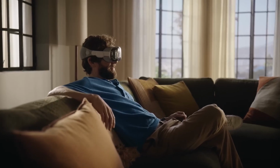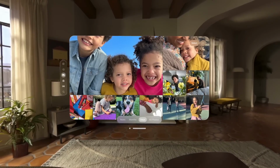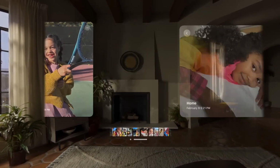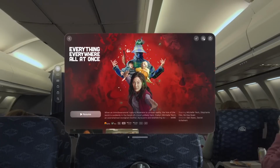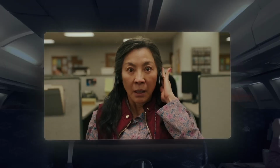Its big thing is the extremely high resolution screen, which will be around 3400 by 3400 pixels, and high quality colour pass-through for mixed reality. This is an AR headset first, VR headset last. There's a knob on the top which lets you dial in the real world and the virtual environment, and they showed a use case of being on a plane and dialing out the real world to relax and watch a